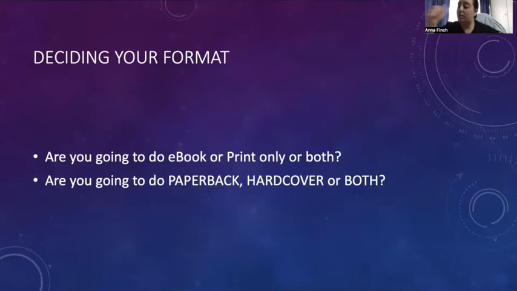I haven't used Lulu yet. I have not used Smashwords, but considering Smashwords is going to be combining with Draft to Digital, I'll probably end up putting some of my stuff on the Smashwords platforms. But with print, my pretty much only options here in Australia are Amazon and Ingram Spark,